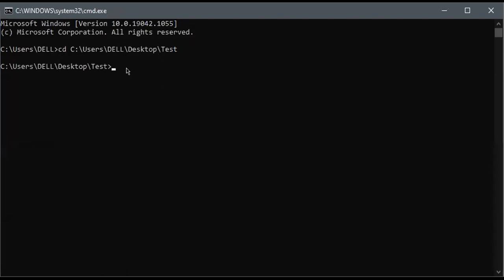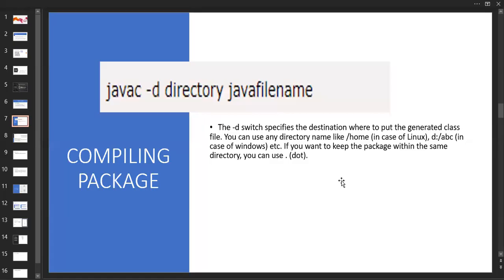How are you going to run this program? Now I'm going to show you a slide. Inside the slide, we have some information on how to run the program. For compilation, it is necessary to mention javac -d, a hyphen d, which we'll call the directory where you are going to put the class file, and then the name of the file.